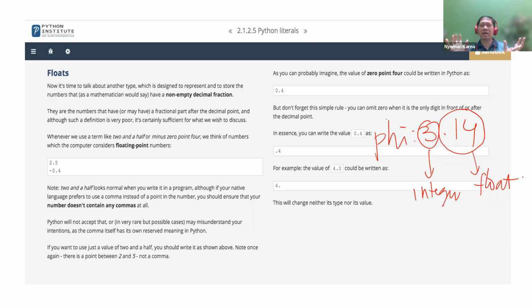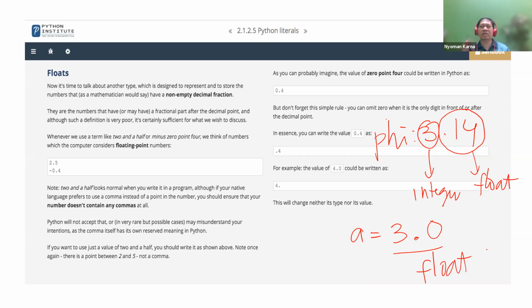If there is a dot in the value, or a comma from the Indonesian perspective, it will be a float. But if there is no comma, it will be an integer. For example, if the value of a is equal to 3.0, this is a float number.